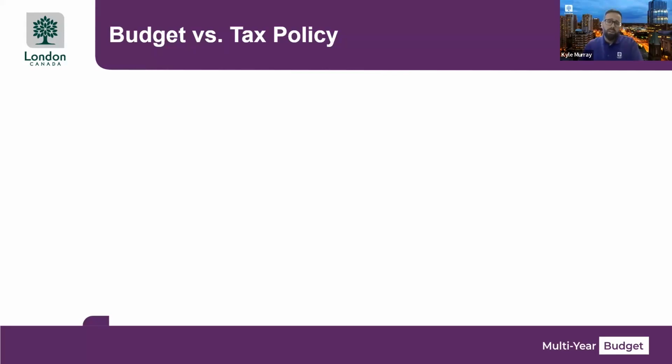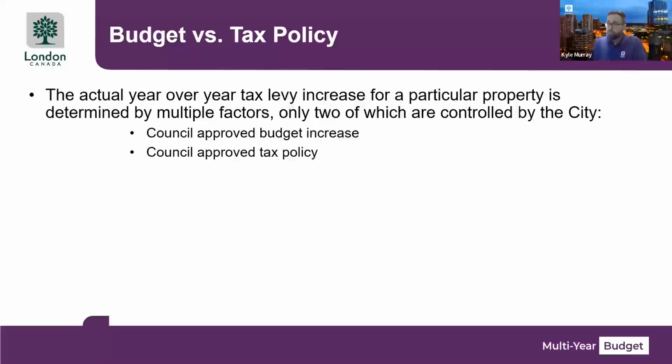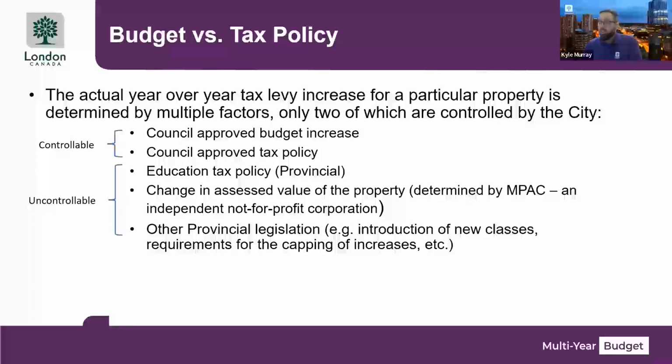Okay, so I think that was a pretty good video illustration of how property taxes are calculated. It is a bit of a simplification, of course, because there are a lot of factors that go into determining what the tax increase is for a particular property. And there are really only two of the factors that are directly within the control of the City of London. So the various factors that might influence a year-over-year increase for a particular property include these 5